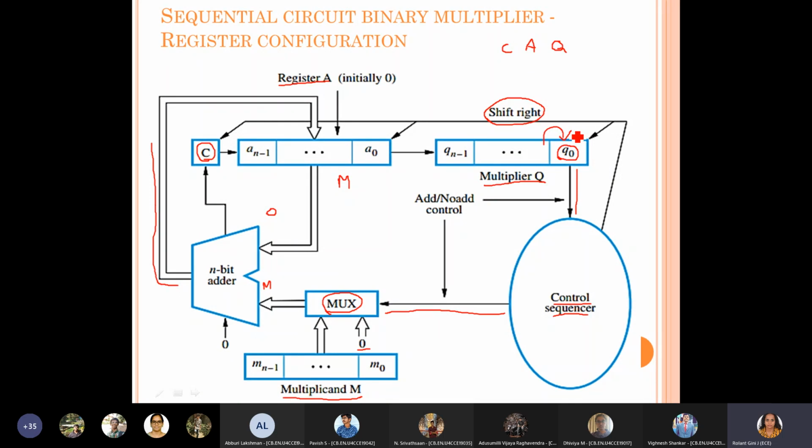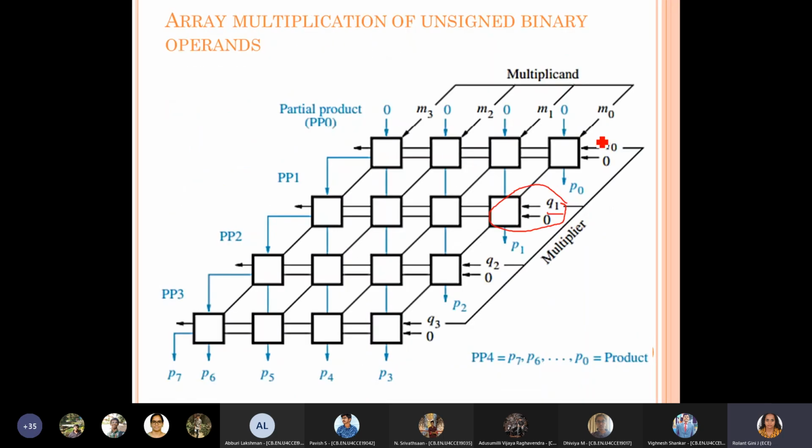In the basic multiplication, we know that the next bit we consider and then we add that value. When we do this shifting, not only are we bringing Q1 to Q0, you can also see that the value in A0 is loaded into Qn minus 1, which will never be changed hereafter, because once the first iteration is over, the partial product value P0 is generated, and all we need is simply to keep it without changing it.